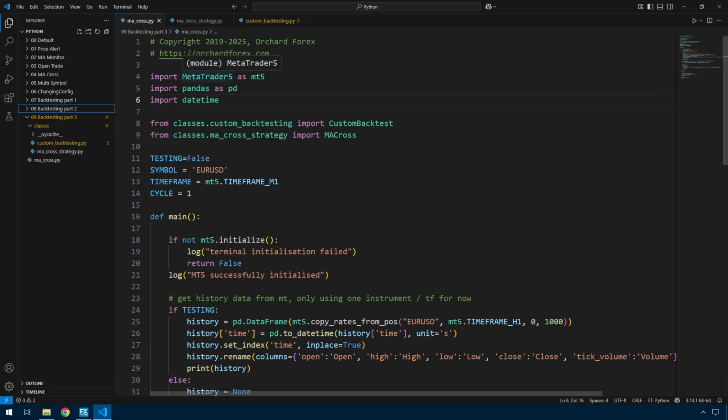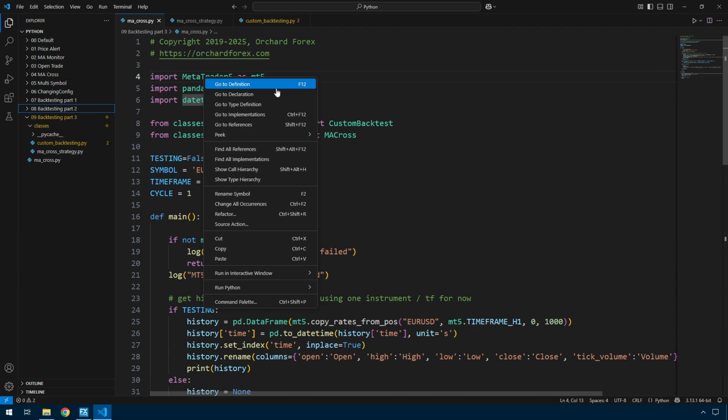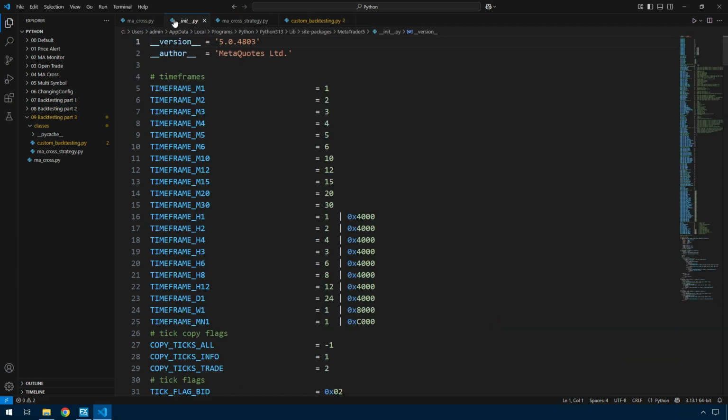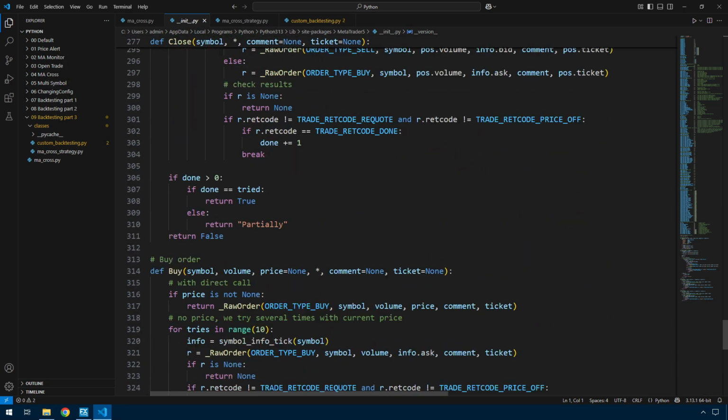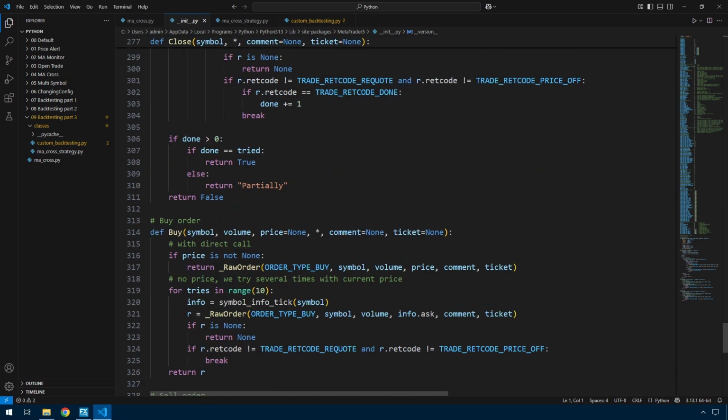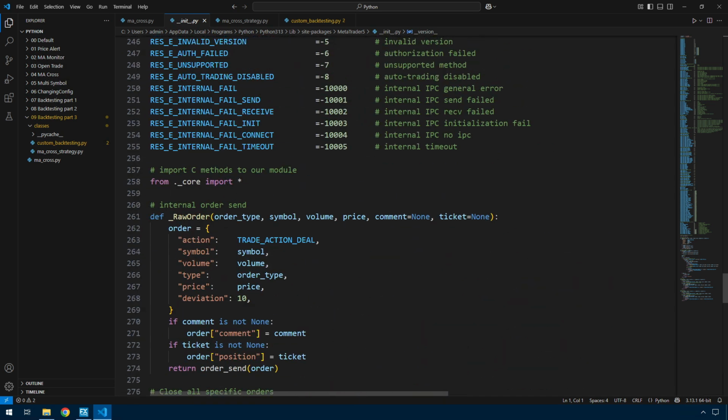So if I look at Metatrader, I can just right click on Metatrader 5 here and go to definition. And you can see that it's opened up this init py. I've got all of these constants declared in this file, and then there are 4 functions: raw order, close, buy, and sell. But all of the other functions that you see with the interface and all of the functions that are actually defined in the documentation come from this from ._core import asterisk, and this is a C module. So I can't go into that and look at it any further,